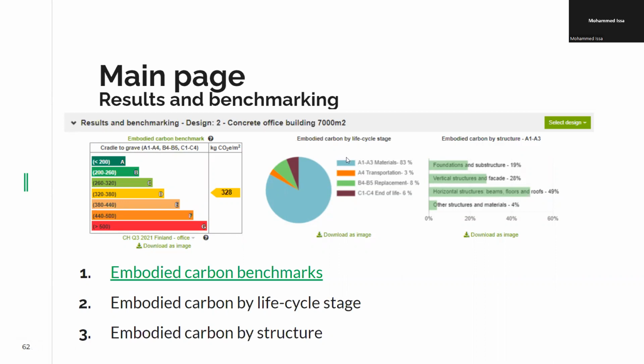So we have also the embodied carbon by life cycle stage, which shows the impact at every stage of the building. Here, for example, in this case, it's the A1 to A3, so raw material extraction and actual manufacturing of the products. And you can see also embodied carbon by structure, so foundations, vertical element, horizontal. So you can see what part of the structure is the most